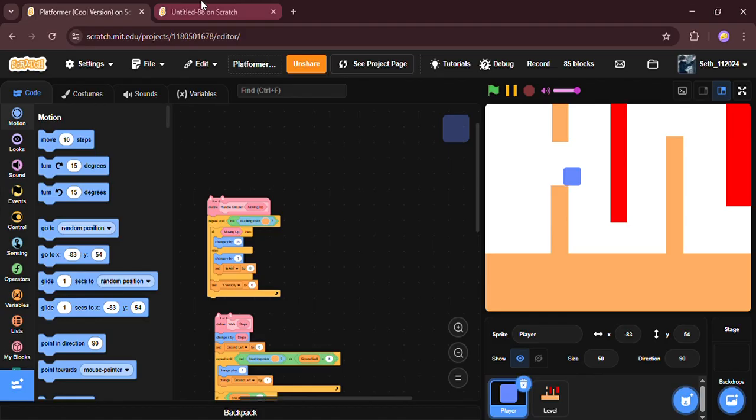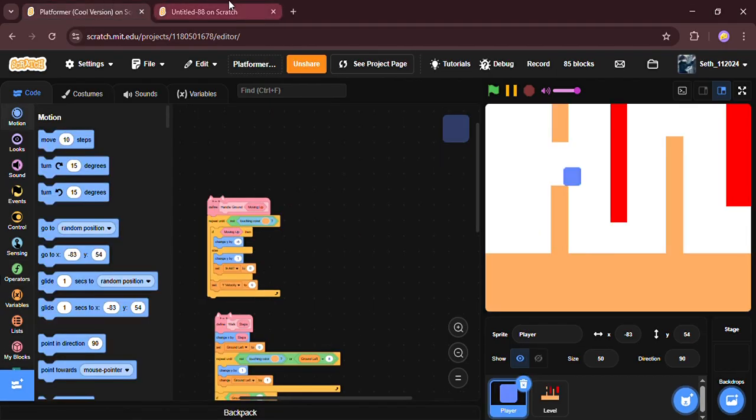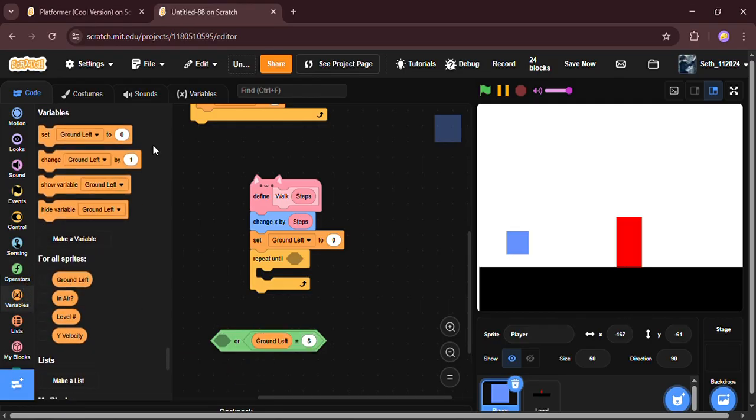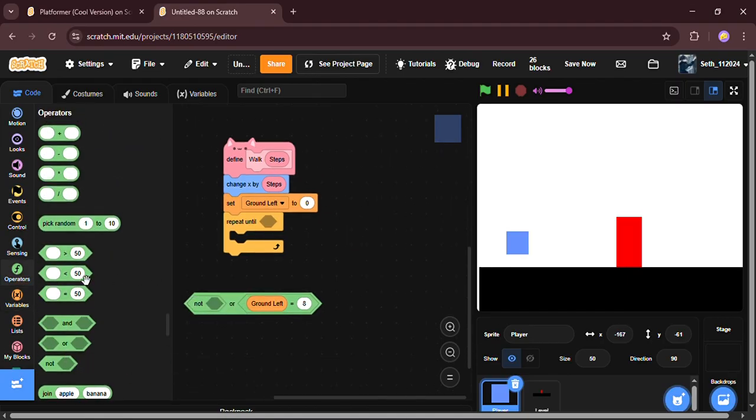Put in equals 8, then put ground left, and on the last I put not